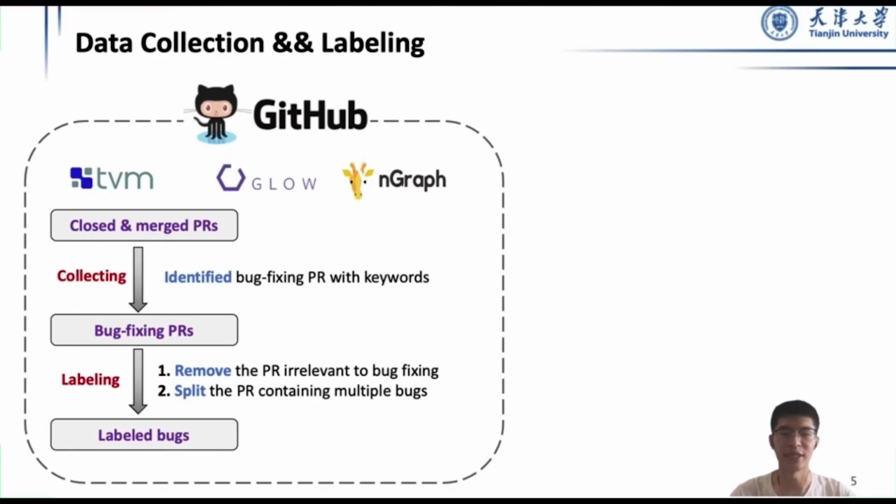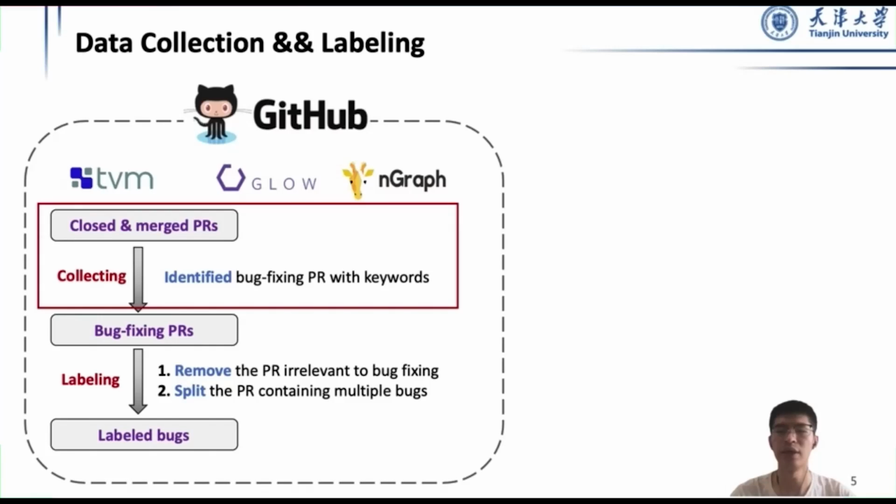In this study, we selected the three most popular DL compilers as subjects, including TVM from Apache, Glow from Facebook, and nGraph from Intel. Since our study aims to investigate the characteristics of DL compiler bugs, we collected closed and merged pull requests that are responsible for fixing bugs from their GitHub repositories. Then, we identified bug-fixing pull requests whose title or tags contain at least one bug-related keyword, such as fix, bug,